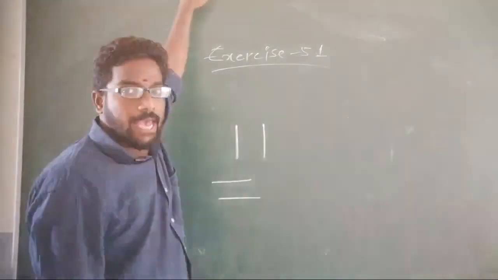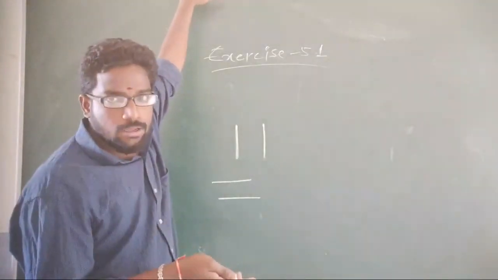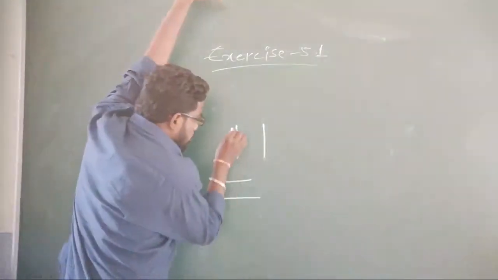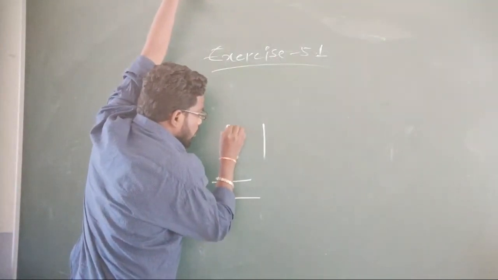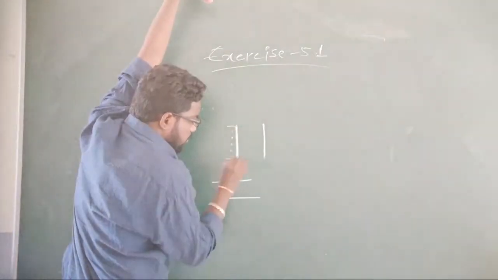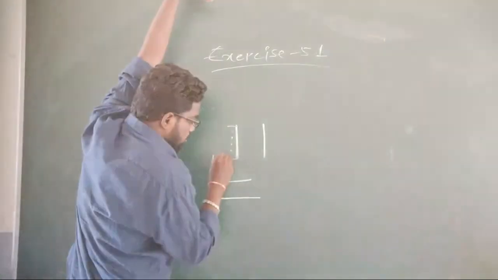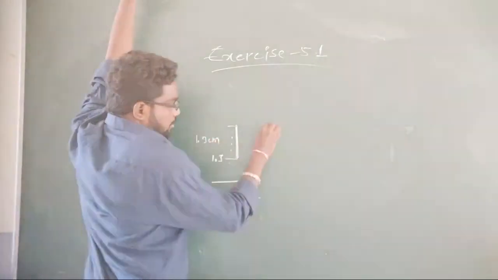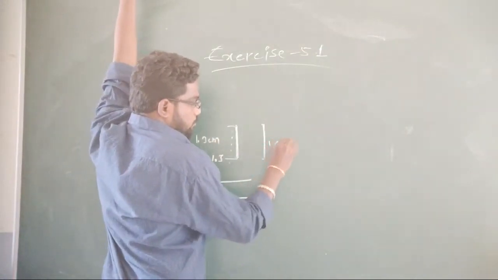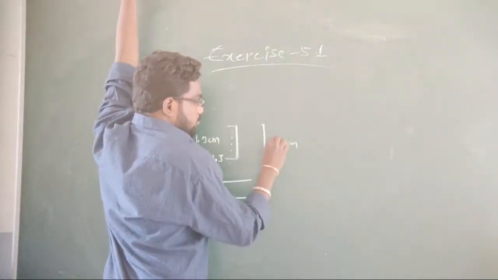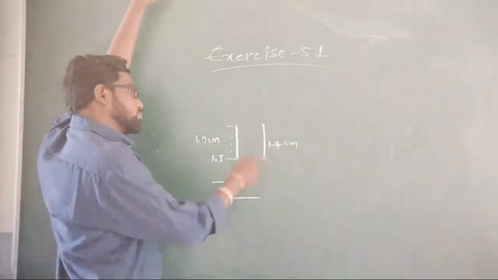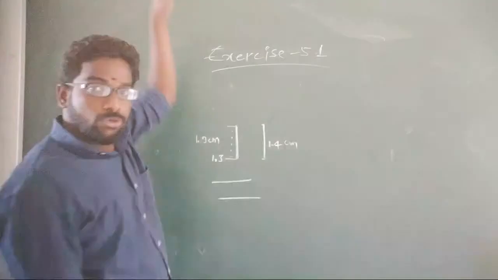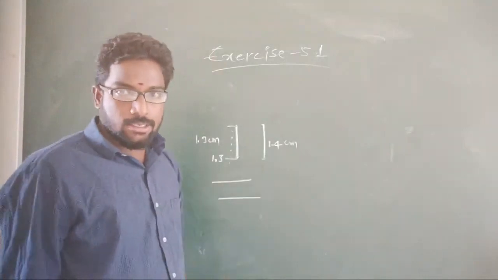For that, what do I have to do? I have to measure. For measuring, I will use a ruler. By using the ruler, keeping 0 at one of the edges, if it stops at 1.3, I will write that this is 1.3 centimeters. Here also 1.4 centimeters. Which one is bigger, which one is smaller? I got to know that this one is bigger. By using rulers, we will measure like this.